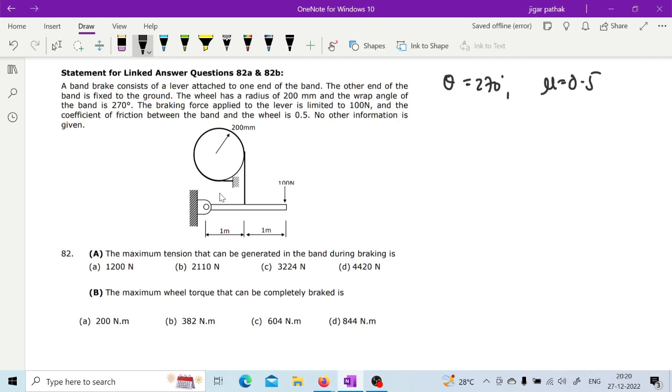Sir, in the equation of self-locking, what is A and what is B, which side to take? So in self-locking actually